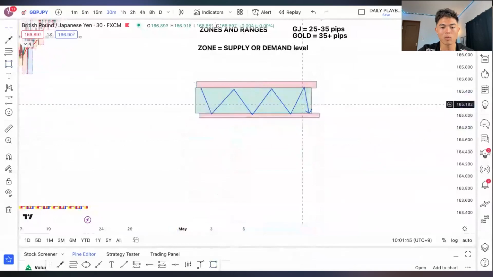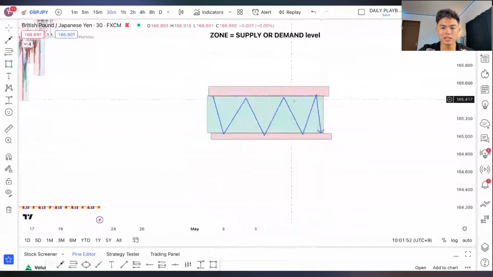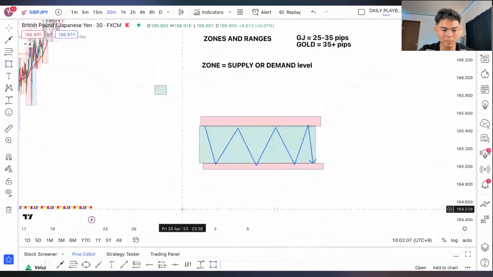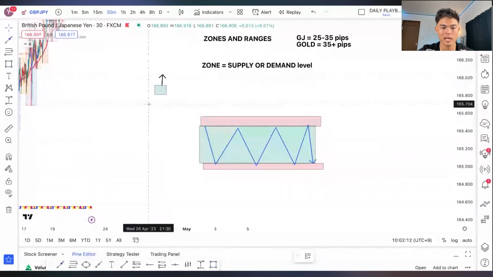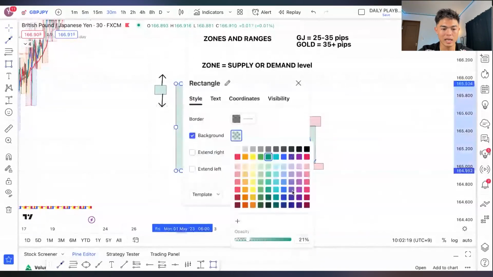After seeing this, how I trade is basically off of breakouts, right? Let's just say price breaks out this way. We have to identify where our next level of supply is right here. So if it breaks out to the upside, we have to look to the left, and what we want to see if we're looking for a supply is this last candle up. It's a bullish candle, something like this you'll see when you look to the left, and I'll show some real examples after this, before the impulse push down, right? So before we see a big impulse push, we want to be able to identify this key candle right here,